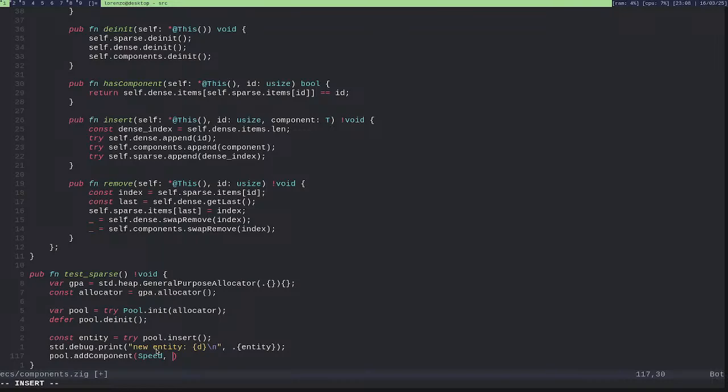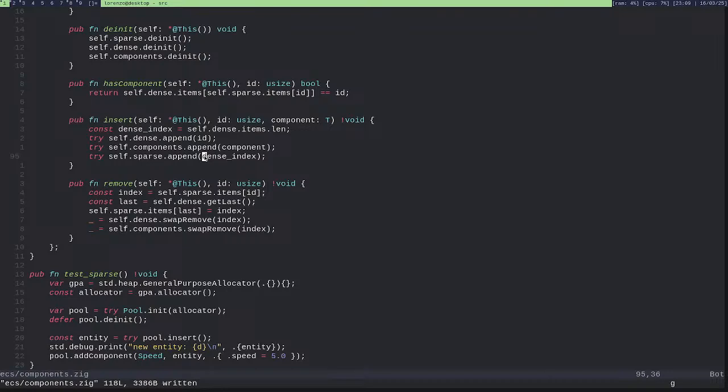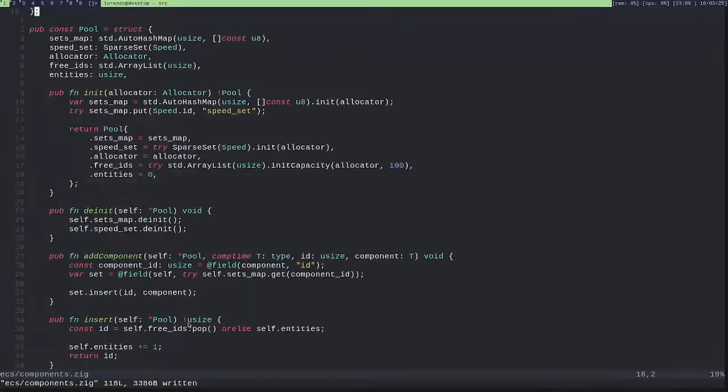The ID is entity, and the value will be 5.0. Because this is not a field.